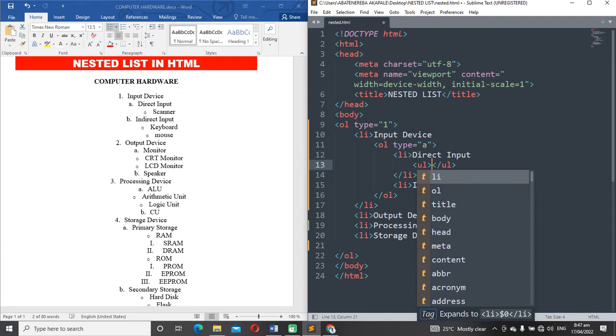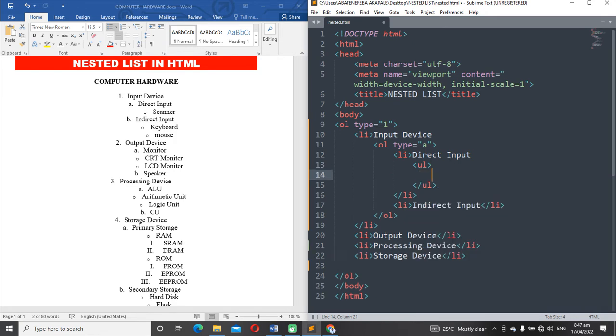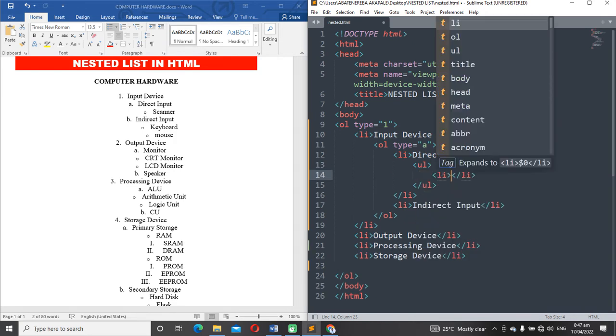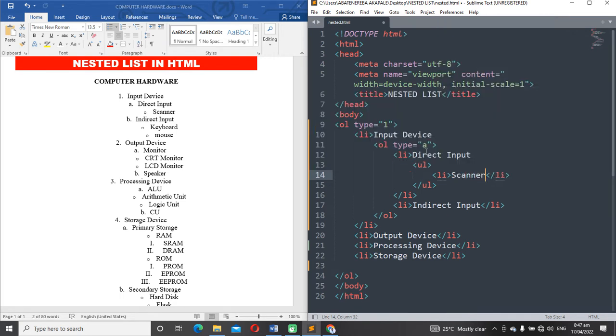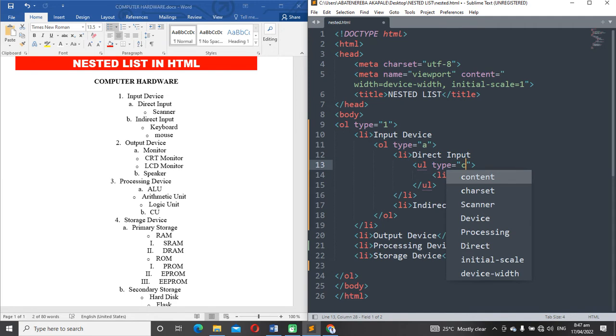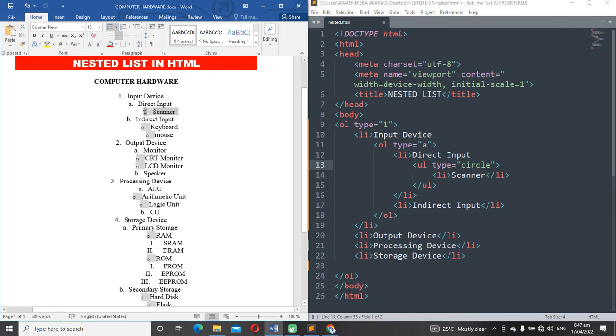So an unordered list, and then under that we click here, and then we get an LI under it. So scanner. So the type is circle. If you check, it's a circle type. This is what I'm talking about. This small point here is what I'm talking about. The type is a circle,